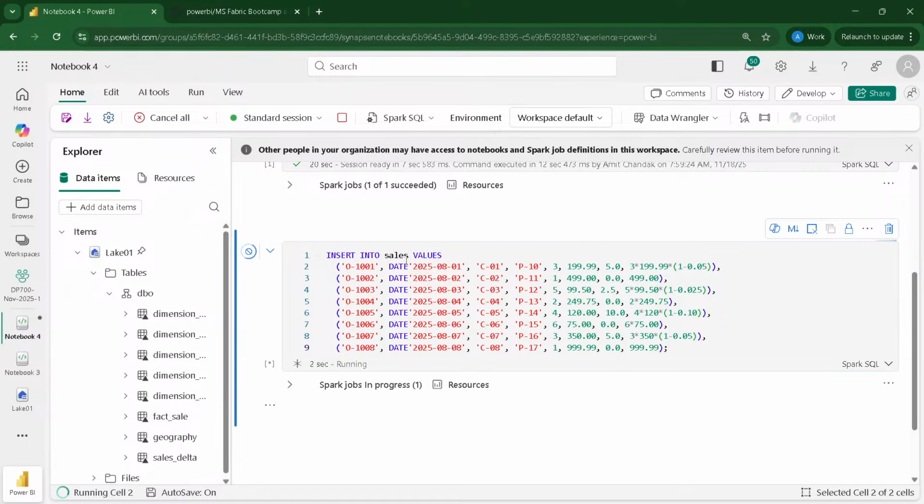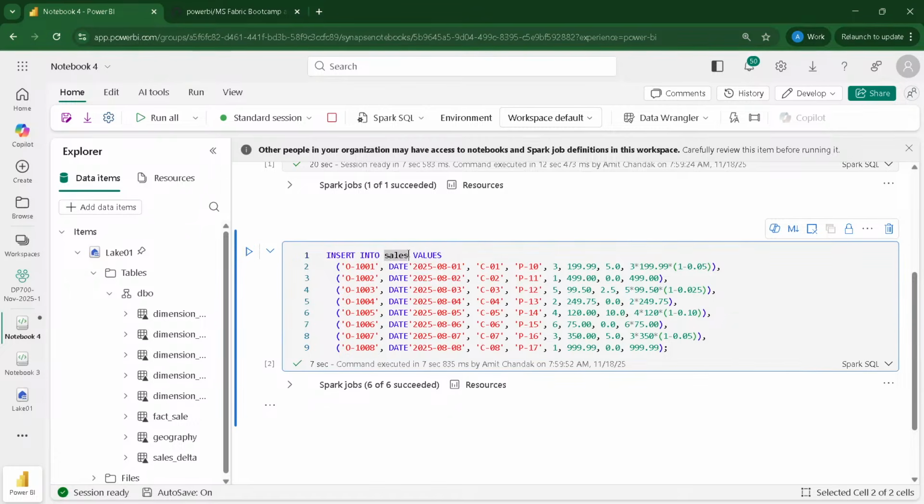Insert into, again very similar to T-SQL, insert into values. After sales, you can give the column names which you want to insert. If you are not inserting all the columns, the nullable ones you can skip, but the not null columns you have to insert. There is no escape from that. Then you can go ahead and write down the values. If you are inserting all of them, you can just have values.